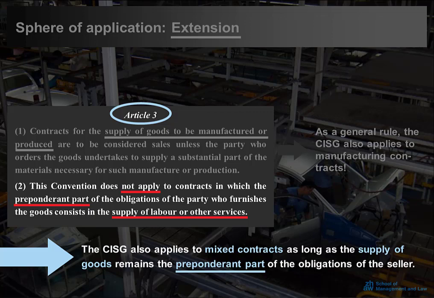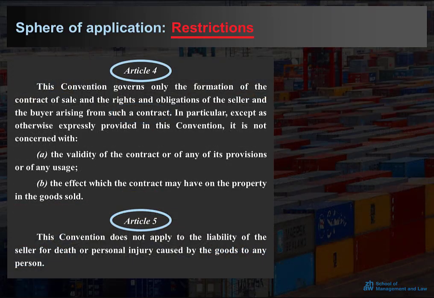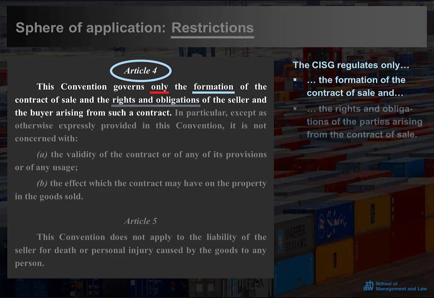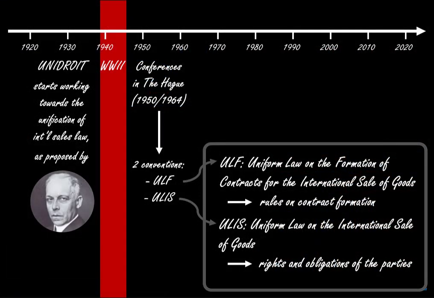obligations of the seller. Articles 4 and 5 add a number of restrictions to the sphere of application of the CISG. Article 4 makes it clear that the CISG regulates only the formation of the contract of sale on the one hand and the rights and obligations of the parties arising from the contract of sale on the other hand, which reflects what was covered by the ULF and the ULIS that served as a starting point for the drafting